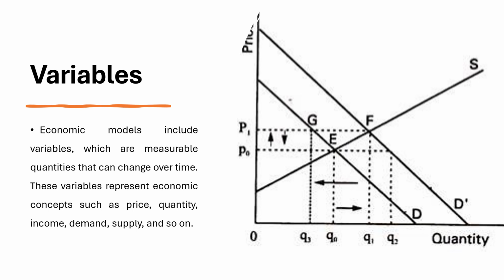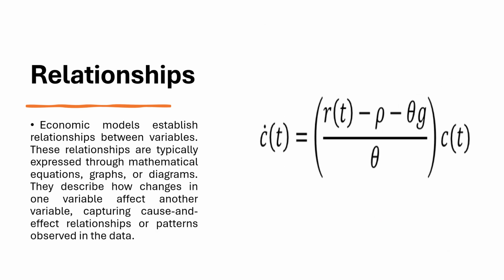Variables. Economic models include variables, which are measurable quantities that can change over time. These variables represent economic concepts such as price, quantity, income, demand, supply, and so on. Relationships. Economic models establish relationships between variables. These relationships are typically expressed through mathematical equations, graphs, or diagrams. They describe how changes in one variable affect another variable, capturing cause and effect relationships or patterns observed in the